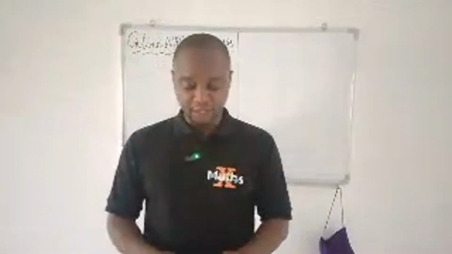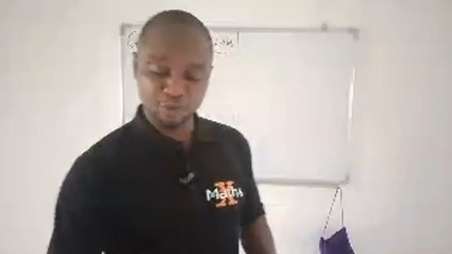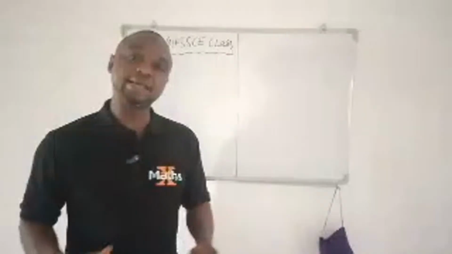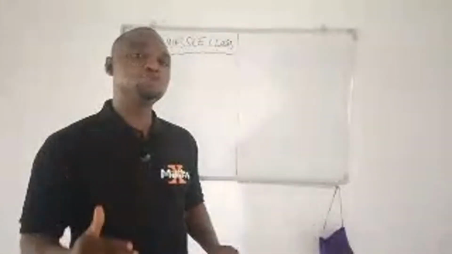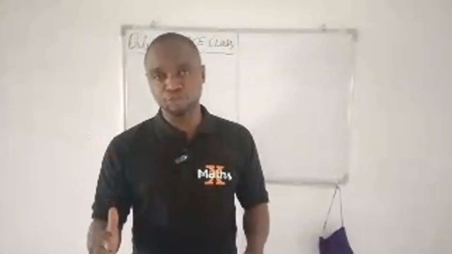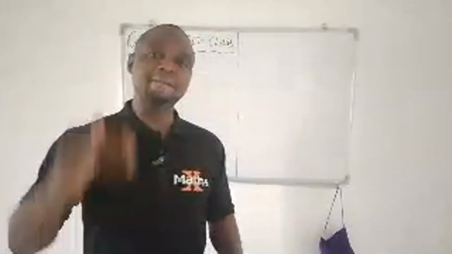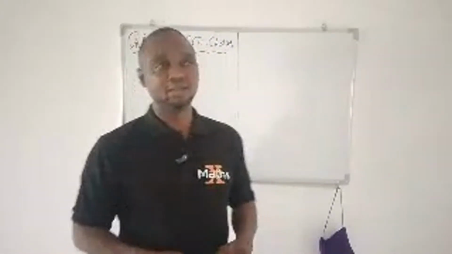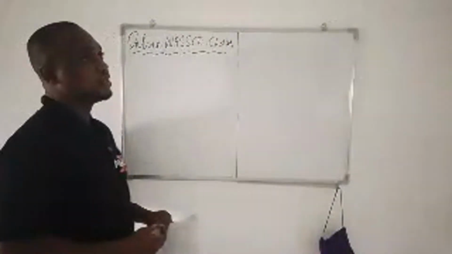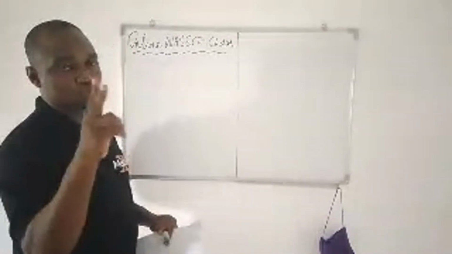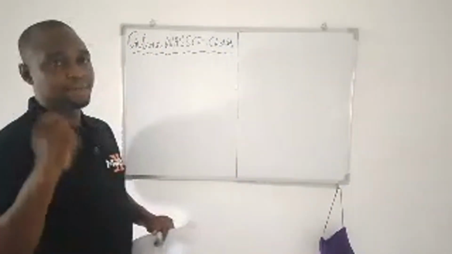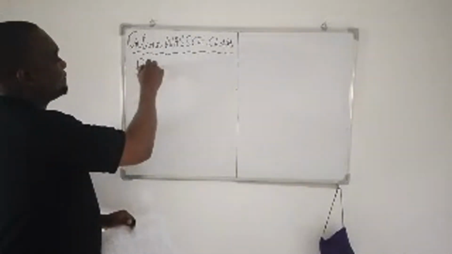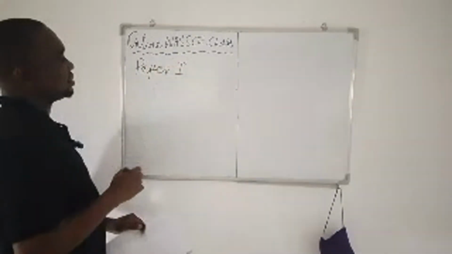Happy viewing. Before we start, there is a small prelude I want us to go through. It is good, my dear students and viewers, I expose you to what is the structure of a typical mathematics component exam in WASE. So here we go. The mathematics exam has two parts, paper one and paper two. So first of all, let's start with the paper one. The paper one, mathematics,